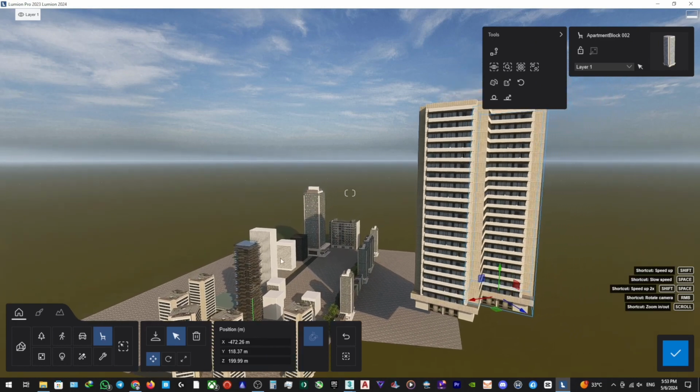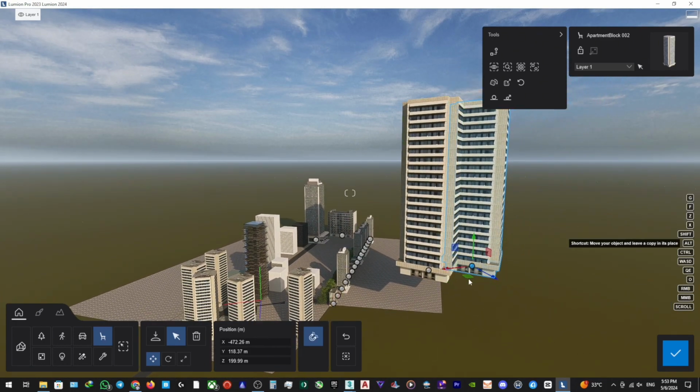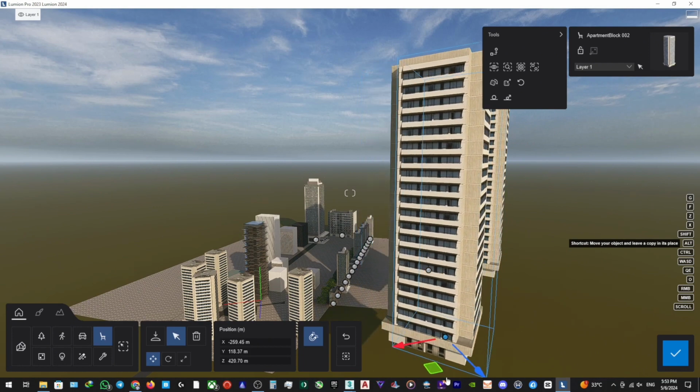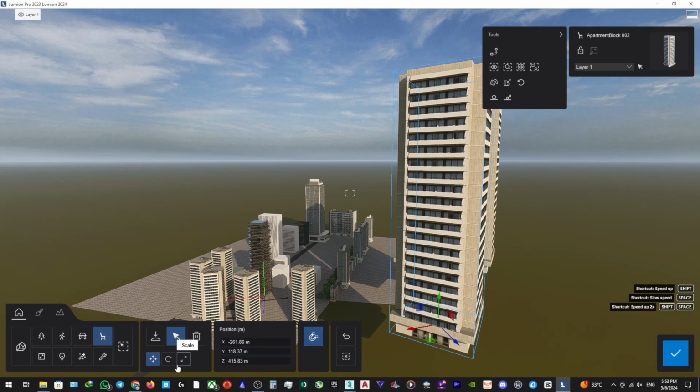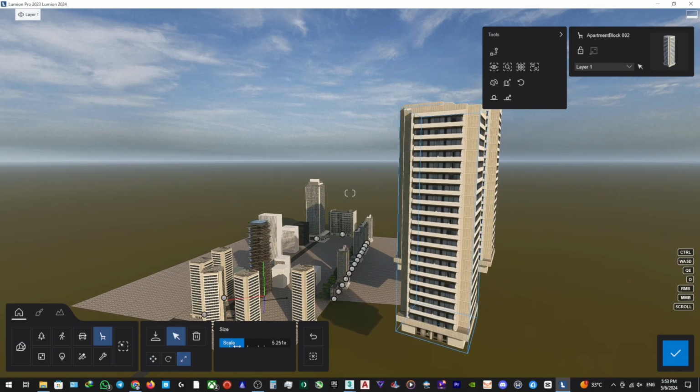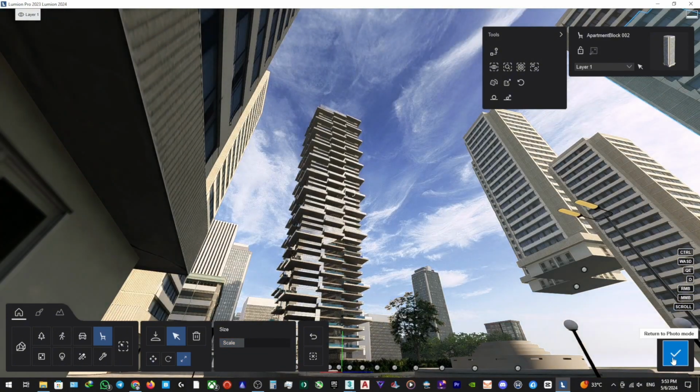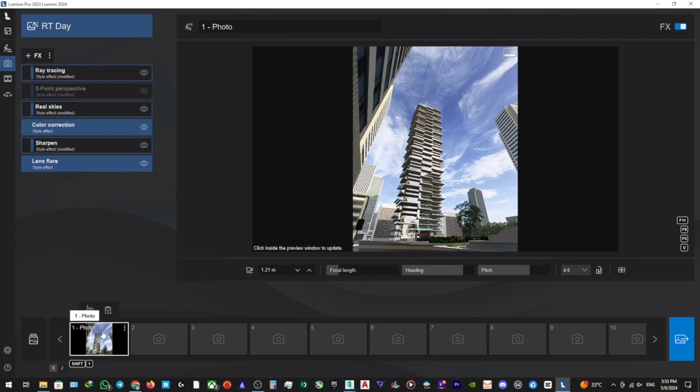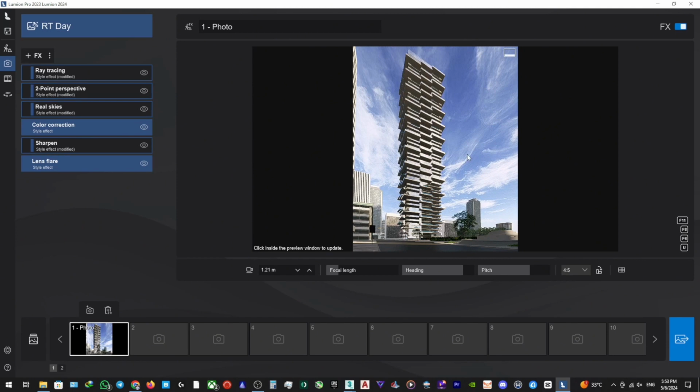And for this white building as well. Yeah, there it is. So let's get back to the camera view, turn on the 2-point perspective, and yes, as you see, we have a very nice view of this